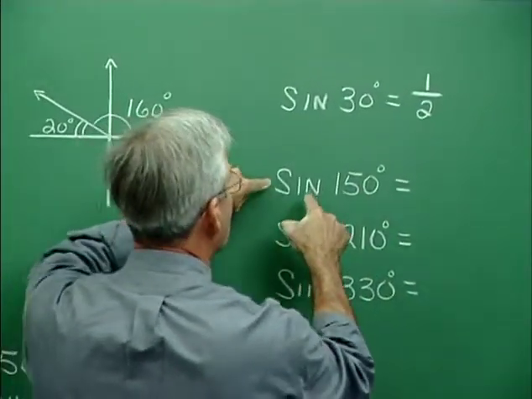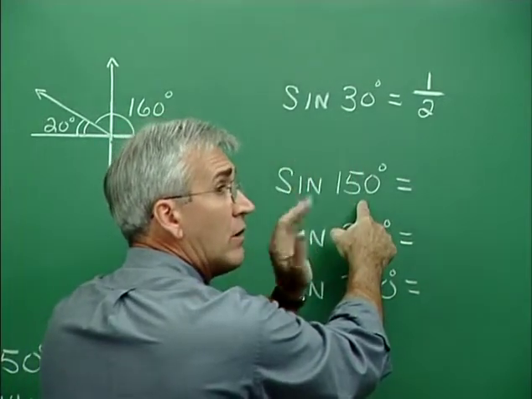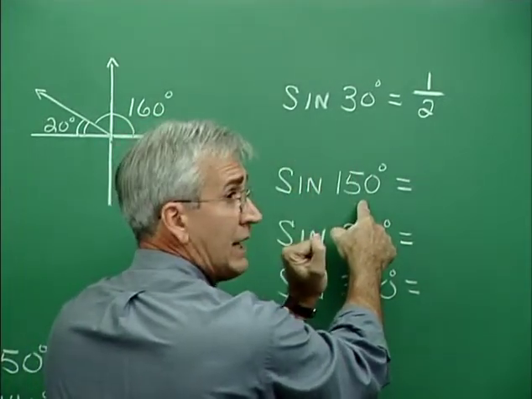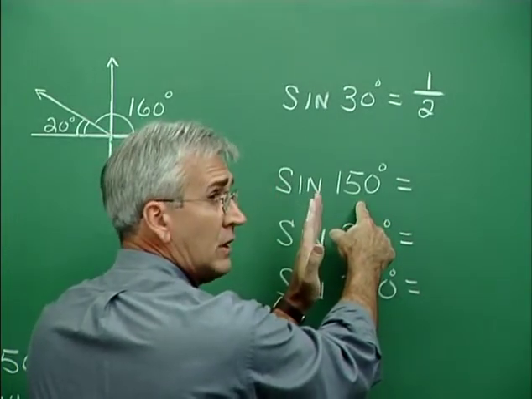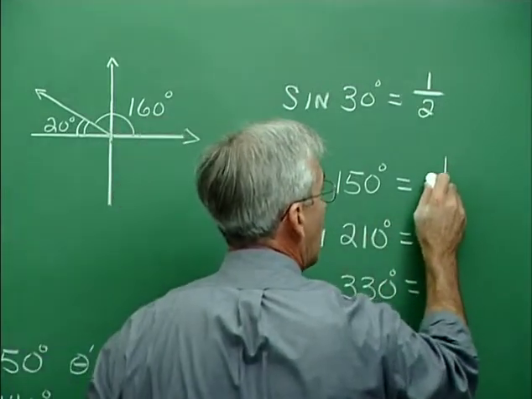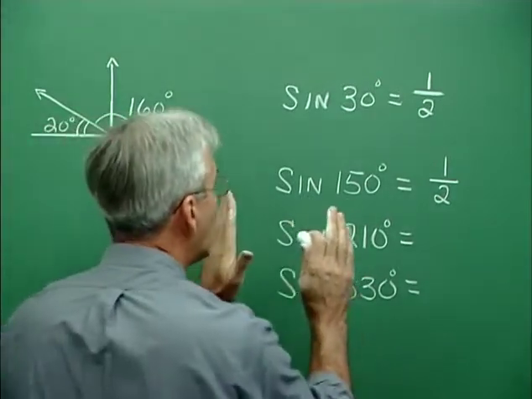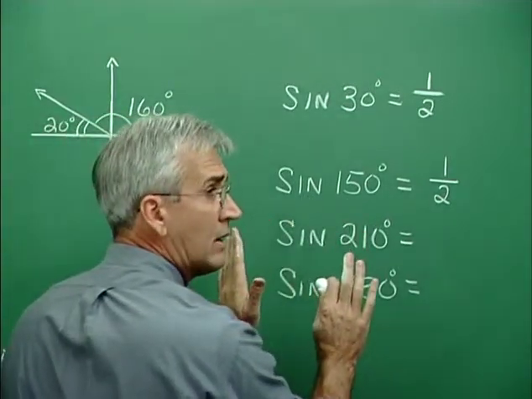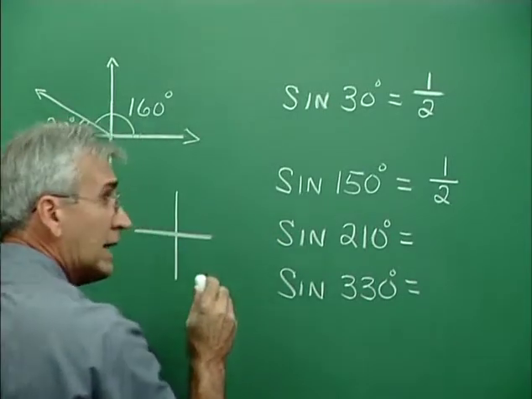Now, to find the sine of 150 degrees, we can just imagine the reference angle for this is, let's see, 180 minus 150, oh, it's 30 degrees. So it's the sine of 30 degrees, or 1/2. Now, the only trick in doing this kind of thing is to realize what quadrant we're in. We have to realize that for the sine